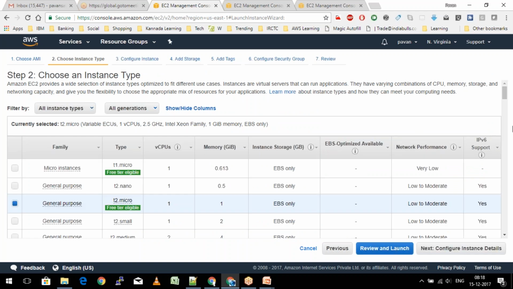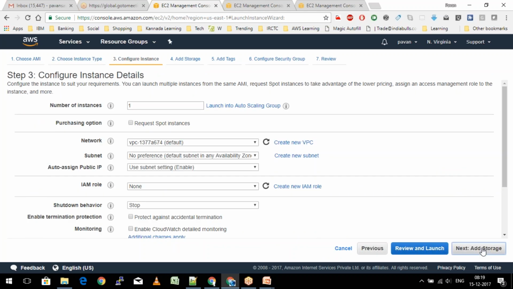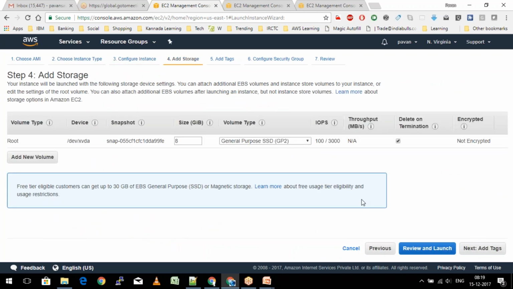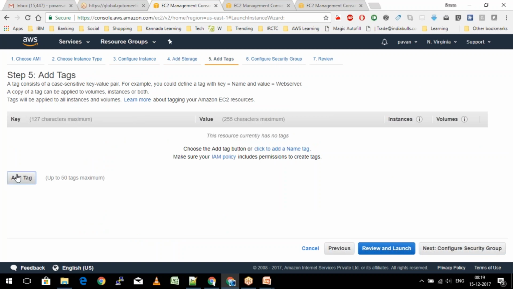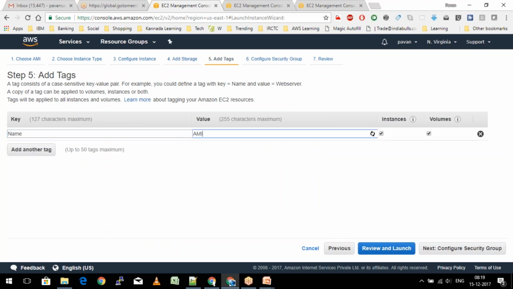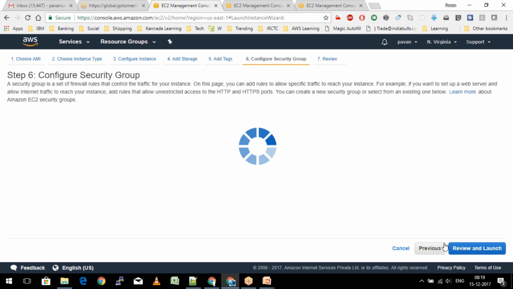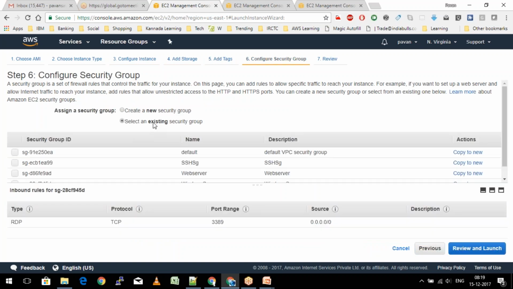So I'll quickly go ahead and say configure instance details. I'll leave everything in this at the default, 8 GB of size, and then I'll quickly go ahead and add the tags. AMI lab, and then I'll select the existing security group, it is SSH.